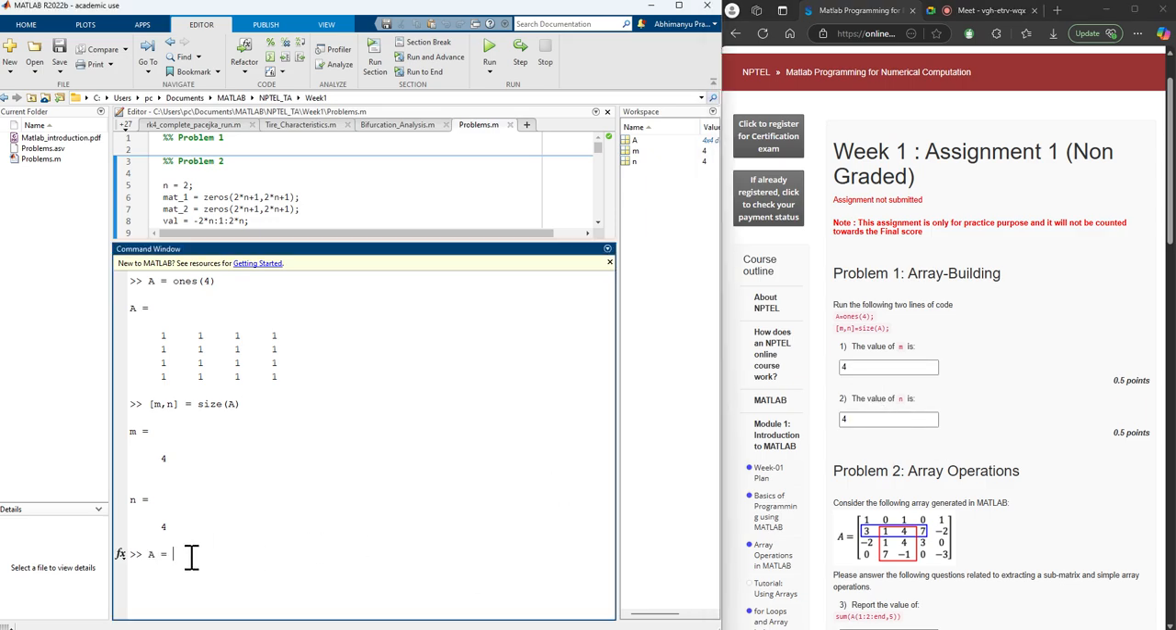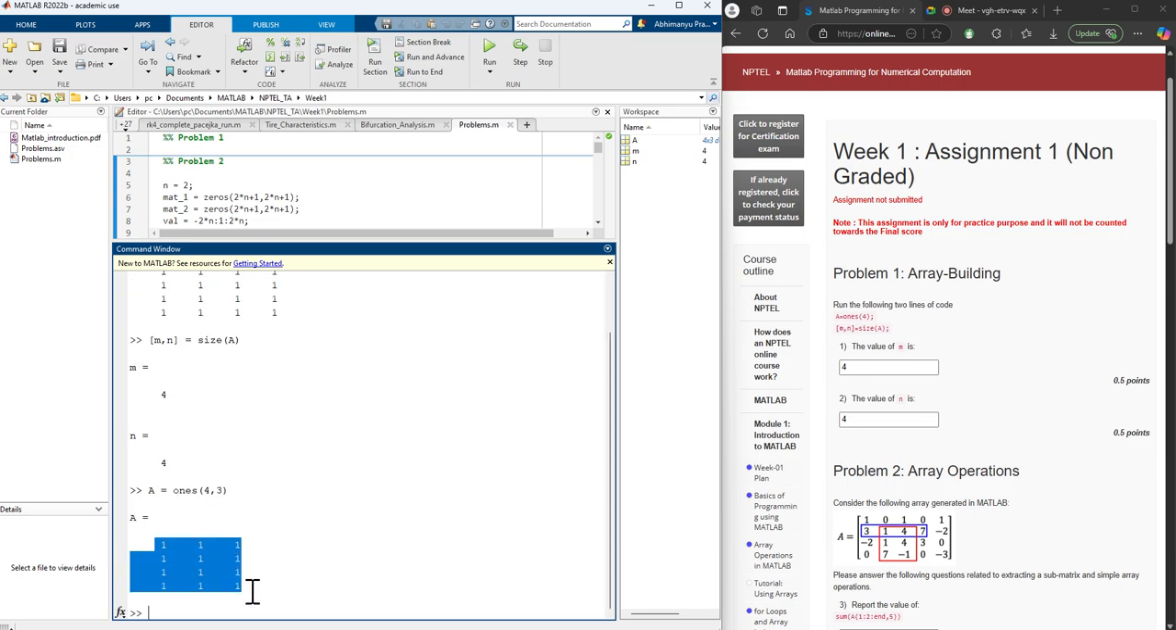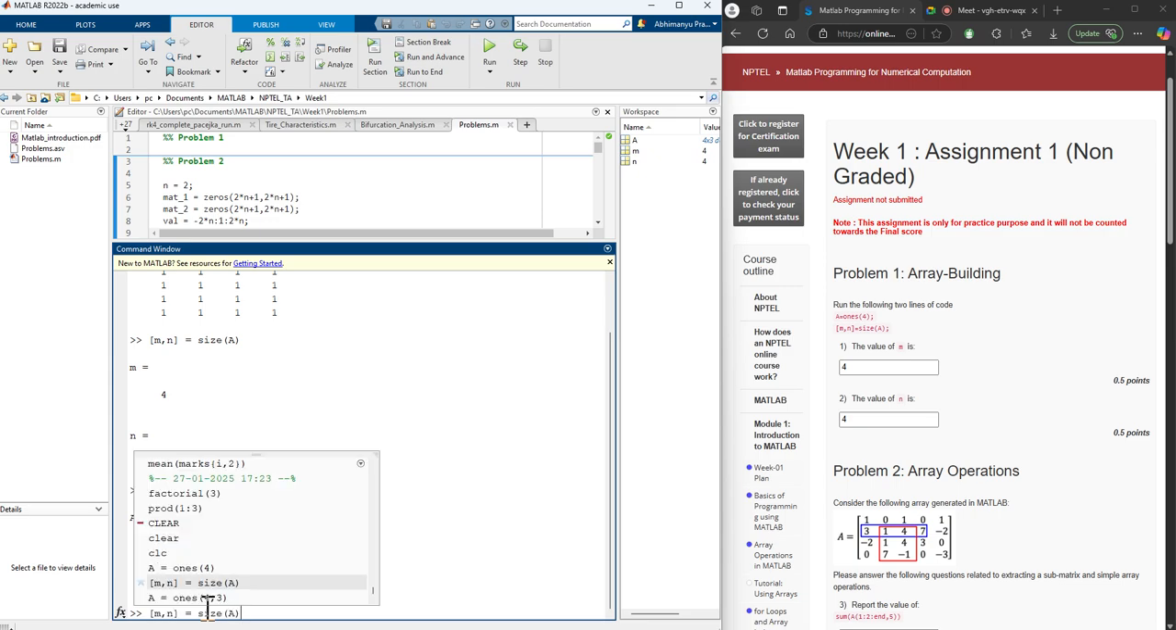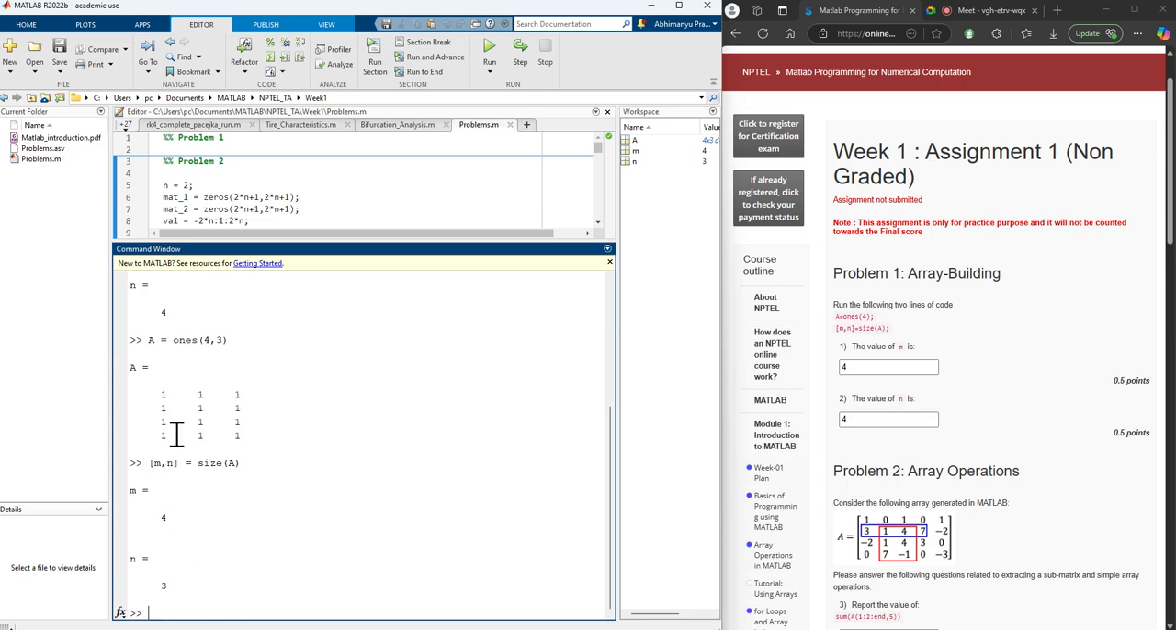And if I change the size of A, right now I'm only giving one argument, 4. That means it will create a square matrix of 4 cross 4. If I give two arguments over here, then it will create a matrix of 4 rows and 3 columns. Still, it will be a matrix of ones only. But if I now run the size command, I will get 4 and 3. 4 rows, 3 columns. Furthermore, if I just want the number of rows or number of columns, then I can just change this